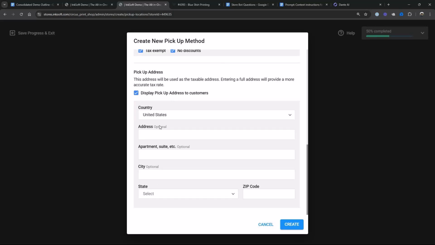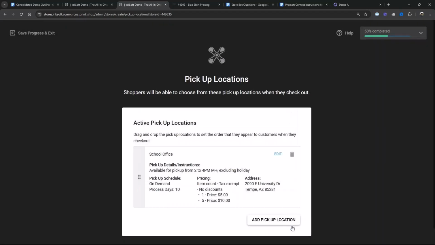I can put the address in here, and we'll just go and put in that address. All right, I created a pickup method, and that'll be stored in that store. So the neat thing is if we use this store and we actually create a proposal or an invoice in InkSoft and connect it to that store, all this information will come through as well, including my shipping methods and my pickups. So it's really important to pick out this information and put it in properly because you can bill